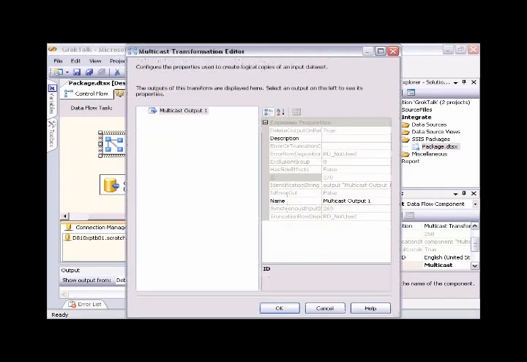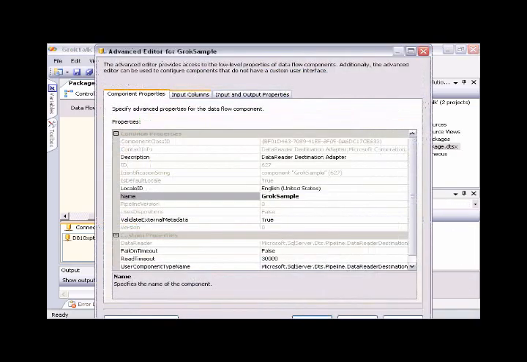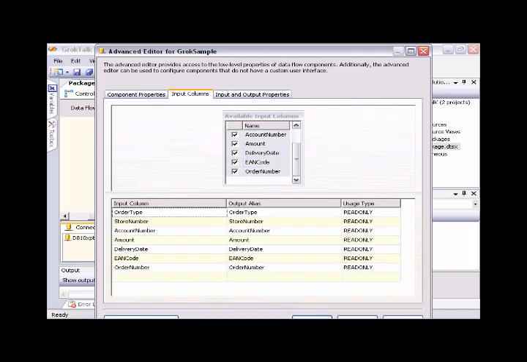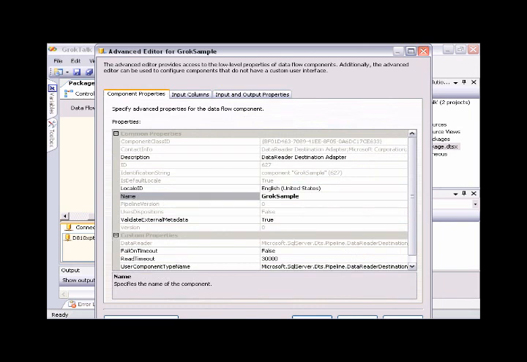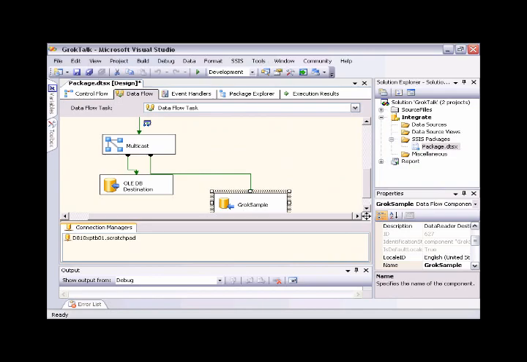Let's see. Connect it to my output. I'm going to give it a meaningful name, Grok sample, for instance. And then I'm going to select all the columns that I need, like that, and we're basically done. What this does is that it's multicasting my output. So I'm going to my OLE DB destination, my data warehouse, with information, but simultaneously I'm going to a data reader, which is just some kind of aggregate or source